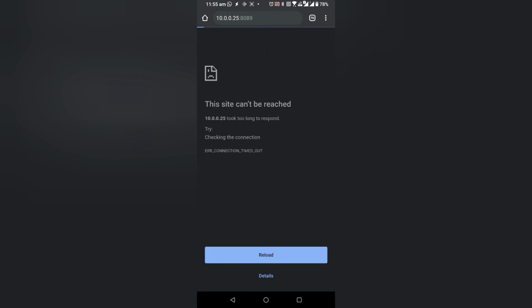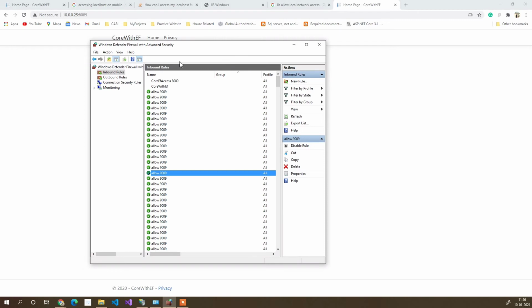So it is not working here. Let's go back and enable this. So we have seen that when the rule is disabled and I try to access it, it was not accessible on my mobile. So I will use this one and enable the rule, and go back to the mobile and see whether it is going to work or not.